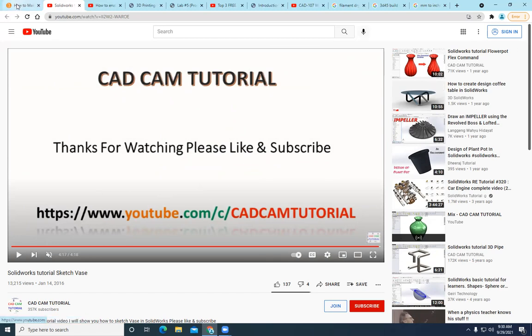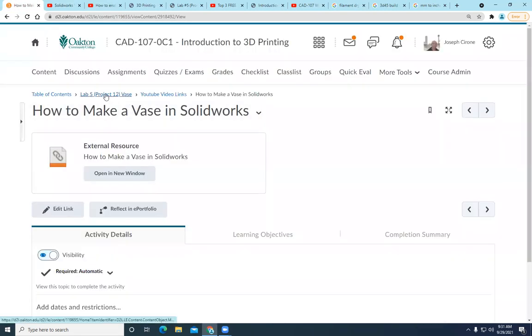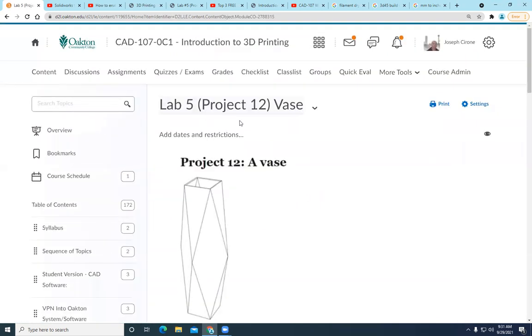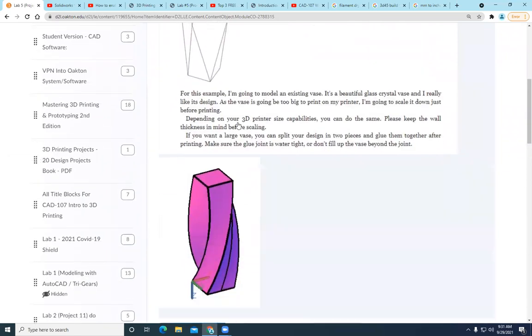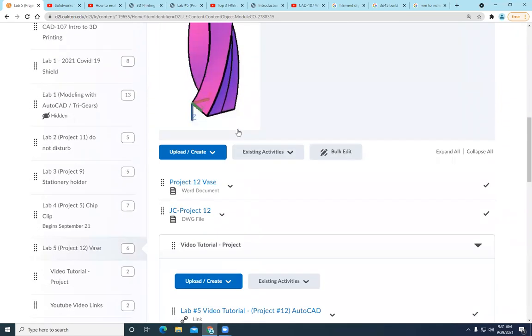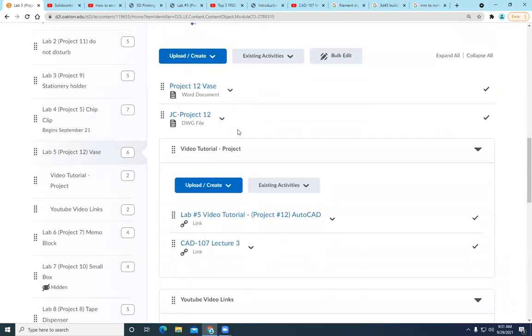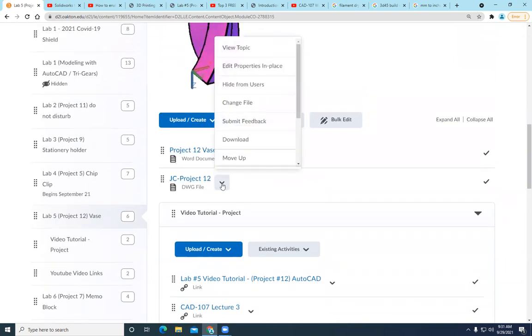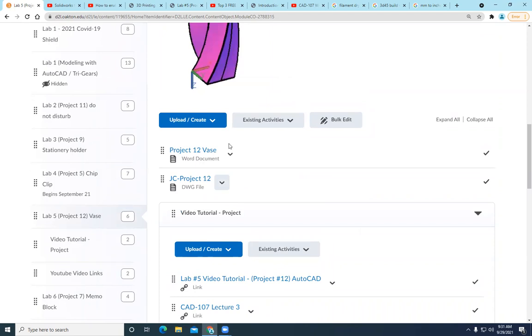All right. Back to project 5. So our latest project will be to create this vase. And as we work with the vase and with these Spiralize Outer Contour projects, if we download the drawing file and I open it,